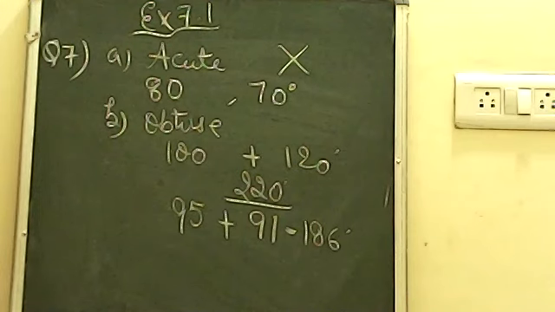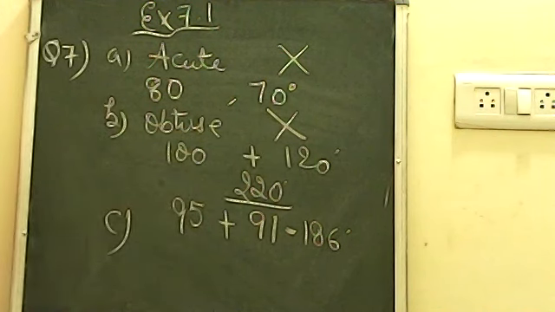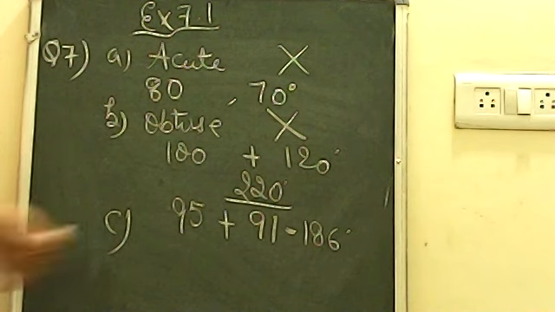Means आप कोई भी pair ले लो obtuse का, because it will be some more than 90 plus, है ना, it will be 90 plus होगा वो, और अगर आप 91 भी लेते हो ना बेटा, तो 91 मिलाकर 182 हो गया. ठीक है, that means it is crossing 180. So that means obtuse is also not possible. Now asking third condition, क्या दोनों एंगल right angle हो सकते हैं? Now let's try.